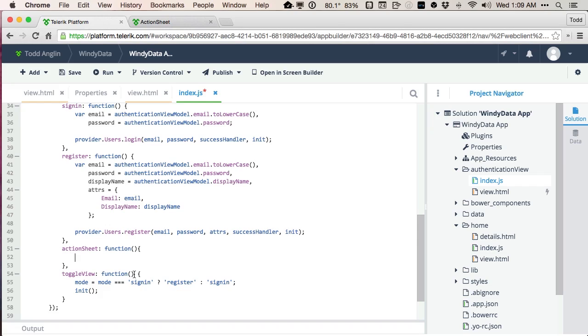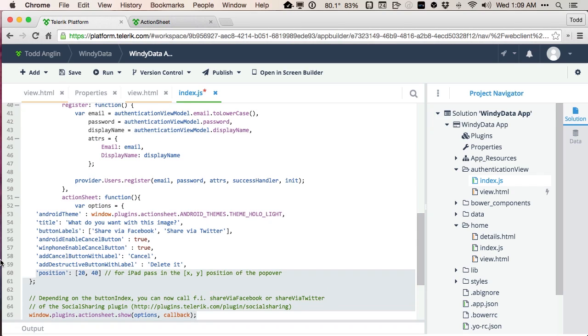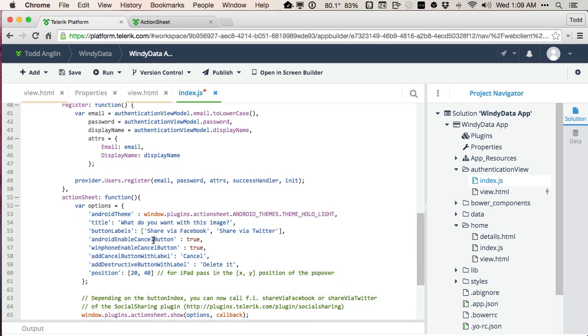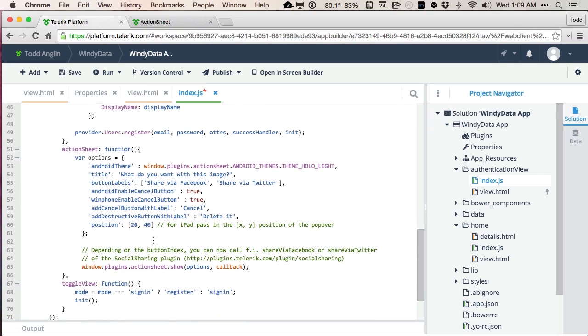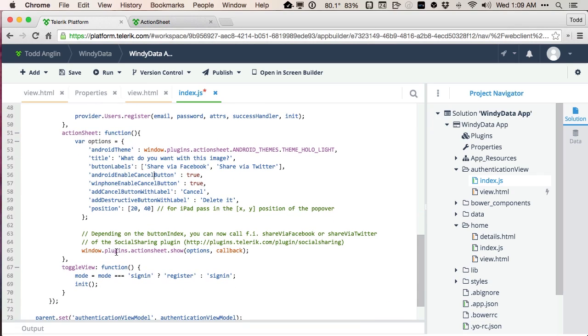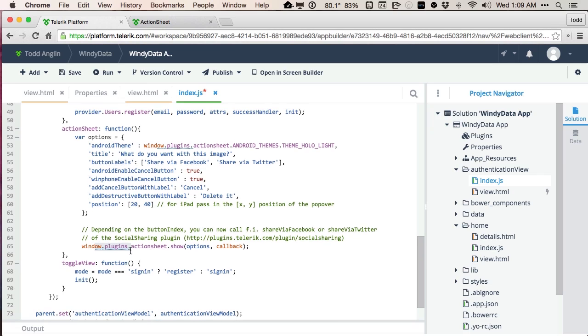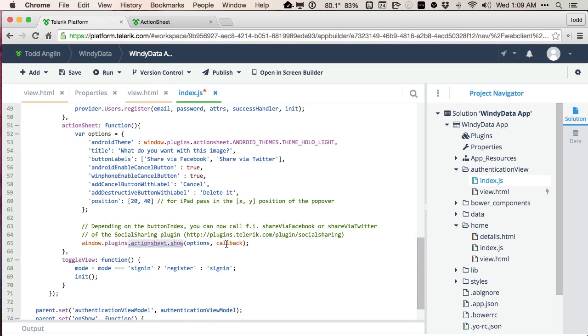in our demo. Let's paste this into our demo, and we can see what this does is it provides some configuration of the options the action sheet requires, basic text and prompts, and then provides those options or passes those options into a call to window.plugins, gets us into the hybrid plugins namespace, actionsheet.show. The only thing that it also requires is some kind of callback that gets called once you've clicked a button